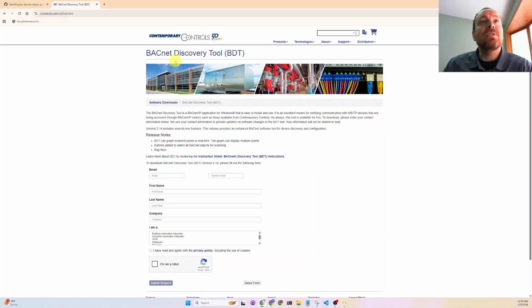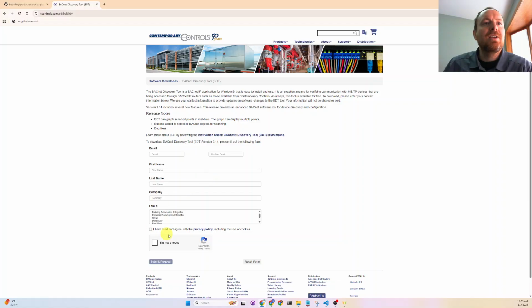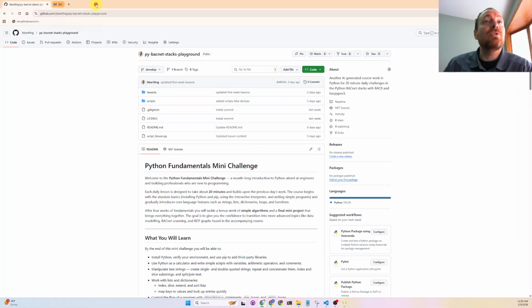which is one that I'm familiar with. I used this a lot when I was a field technician. It's free. You just have to fill out a little request form, and then it lets you download the executable. If we run it, it looks like,